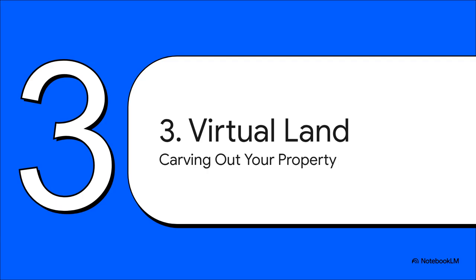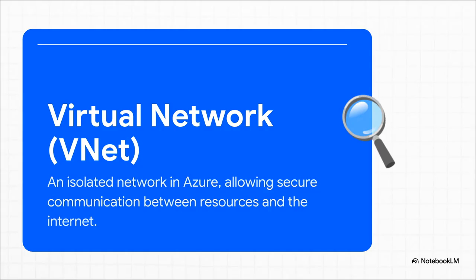Okay, with our identity and our rules locked down, now we can finally start building. This next bit is all about carving out our digital property, creating the virtual land and the virtual warehouses where the whole business is going to operate. The very first thing an administrator builds is a virtual network, or a VNet. The best way to think about this is like your own private, fenced-off piece of land in the enormous world of Azure. It's this secure, isolated space where all your other stuff, your servers, your databases, can live and talk